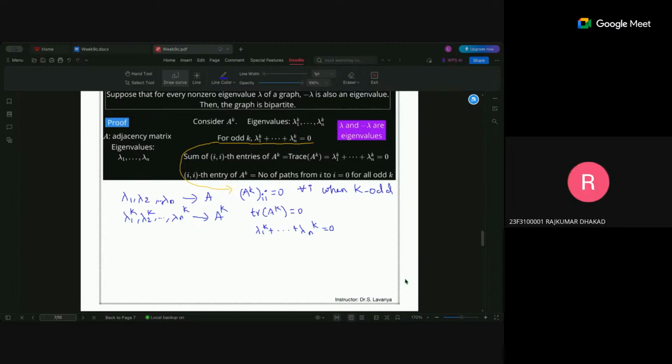I have a question in the quadratic form. What is if your